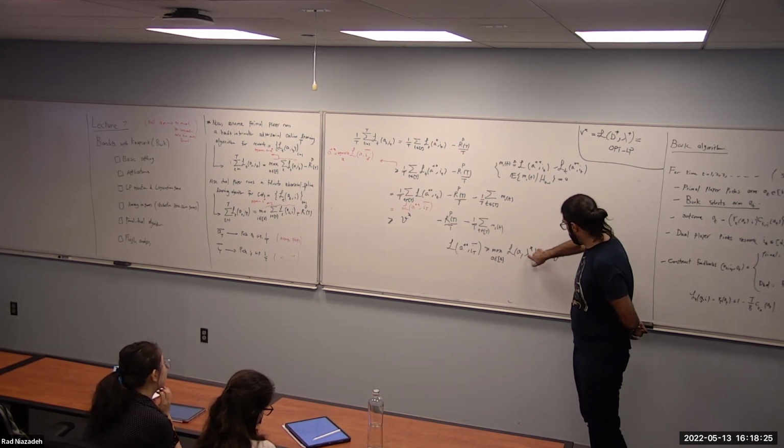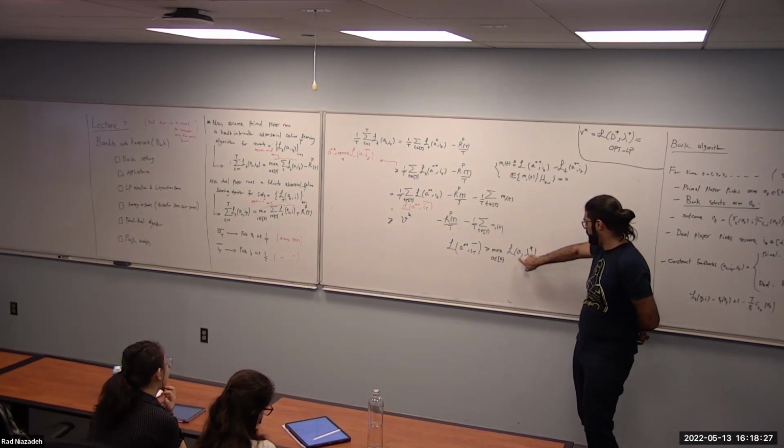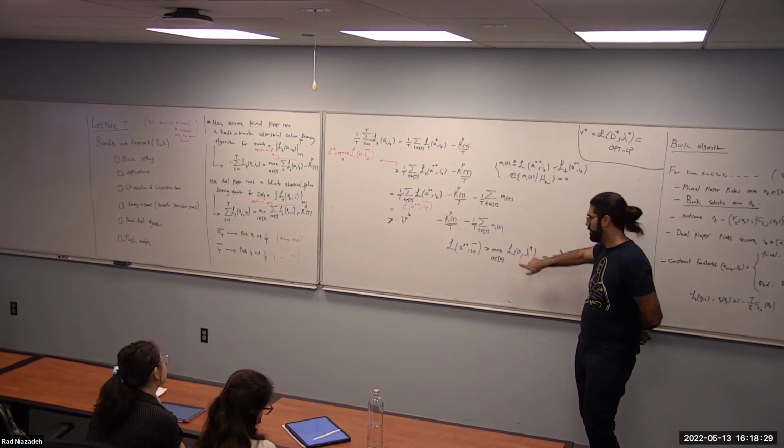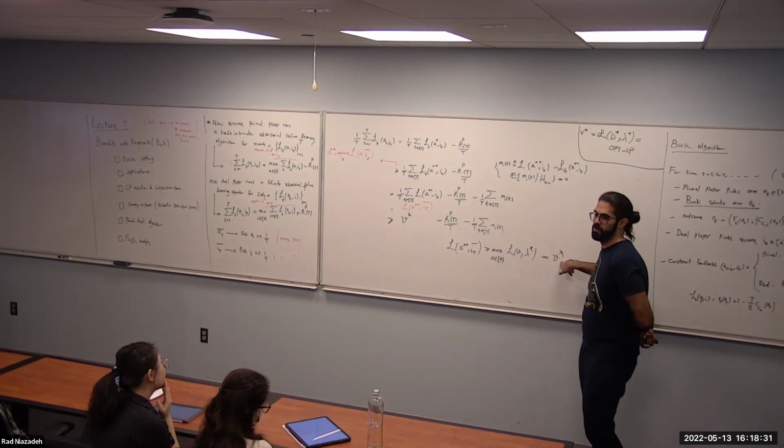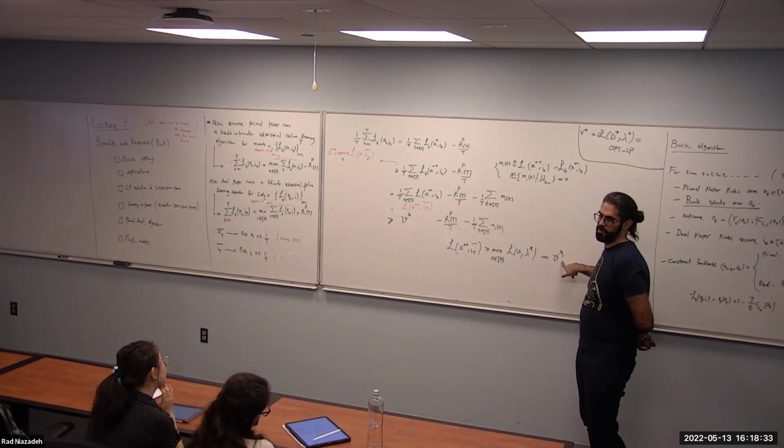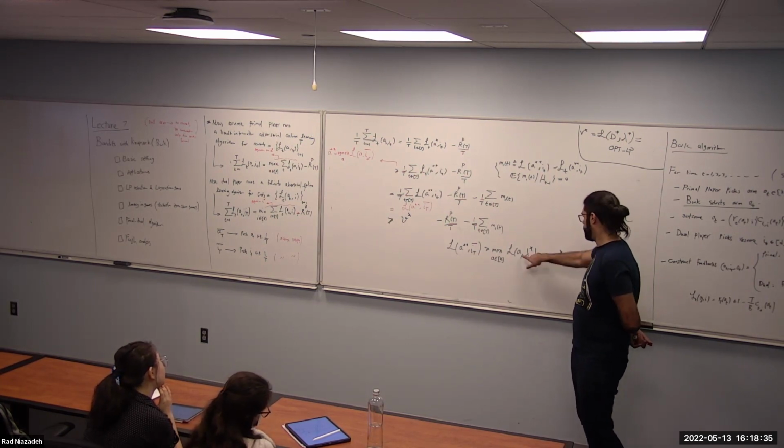But still, that doesn't change the value of the game. Therefore, if one player goes with the equilibrium strategy and the other player plays the best response, the value you get is still going to be equal to the equilibrium value. I'm using that property here.